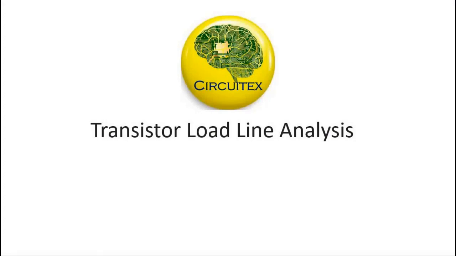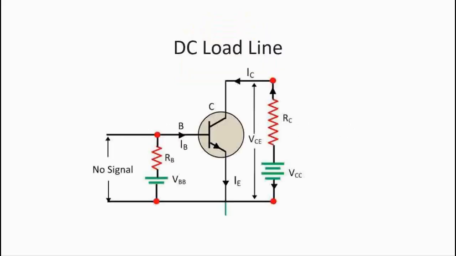Starting with transistor load line analysis. By definition, the load line analysis of a transistor means that for a given value of collector emitter voltage we find the value of collector current. This can be done by analyzing the DC load line, which represents the desirable combinations of the collector current and the collector emitter voltage. It is drawn when no signal is given to the input. As you can see in the input section, there is no signal in the circuit diagram